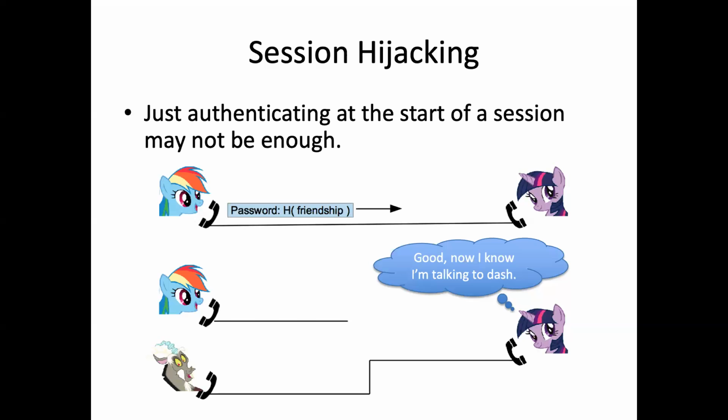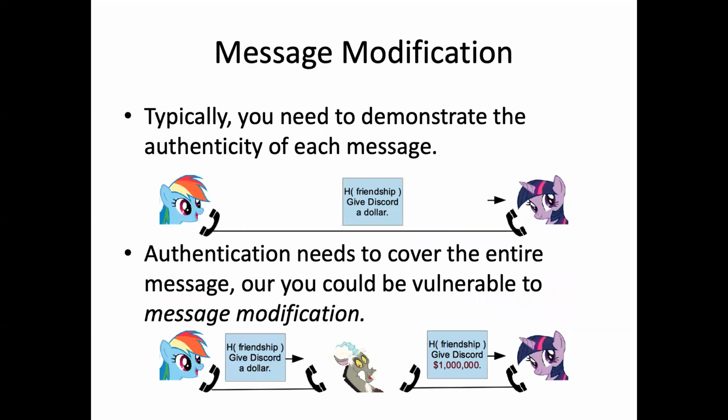A related attack on this would be a message modification attack. Even if I couldn't authenticate as a different user or a different system, if I could capture a message that a user had sent, and I could replay that message potentially with some changes, even if that message included authentication information in it, I could go in and change what was in that message. I could potentially reuse that, even if I couldn't generate the authentication myself.